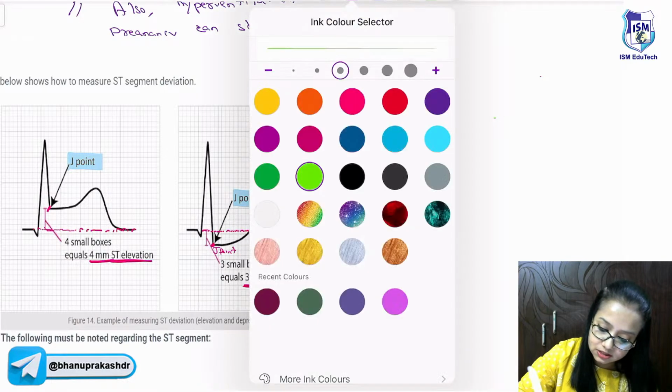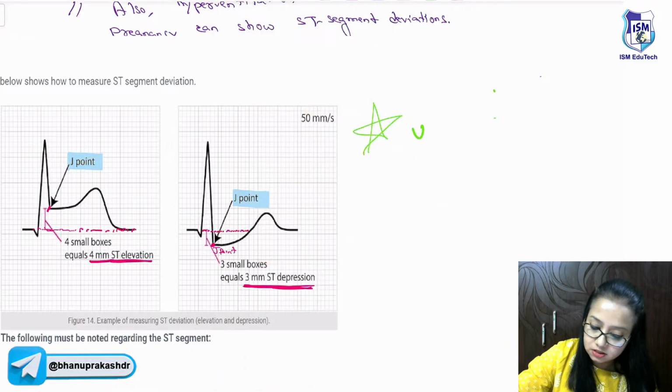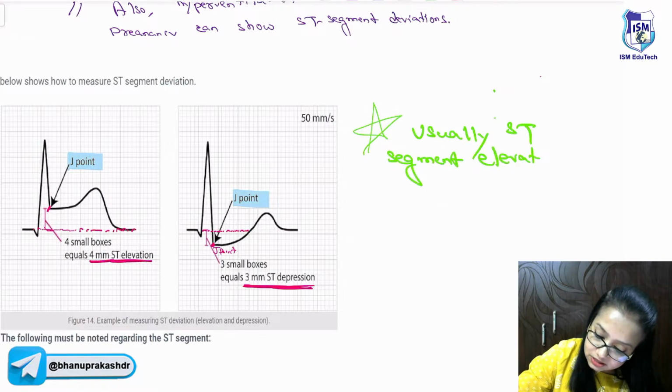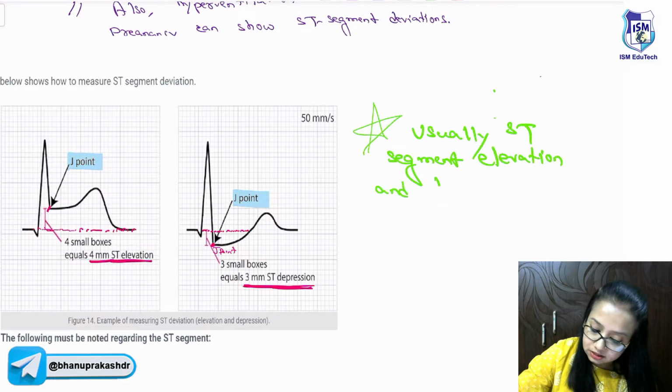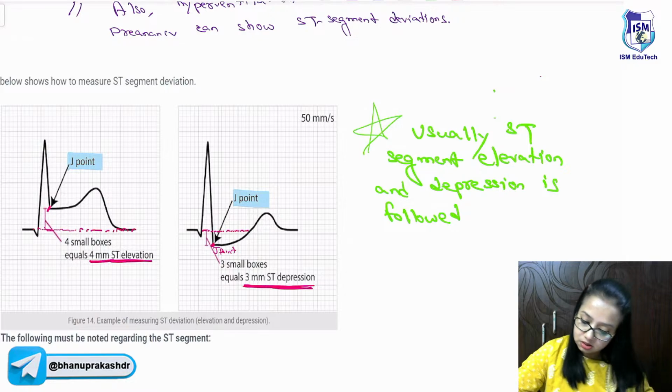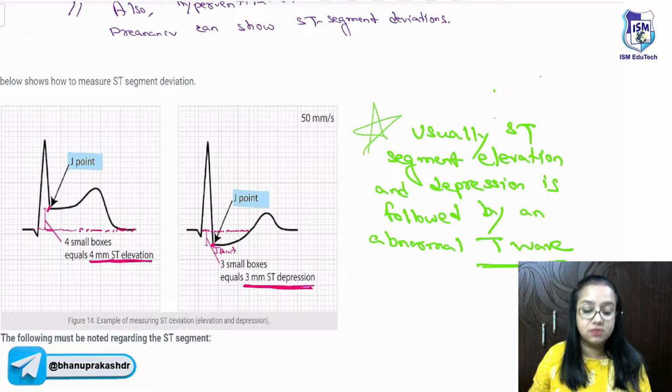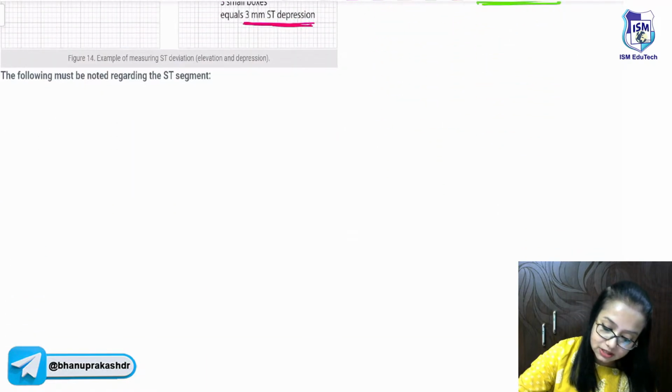Point to remember is that usually ST segment elevation and depression is followed by an abnormal T wave. So understanding the T wave is also very important. A few examples that we will study here are,